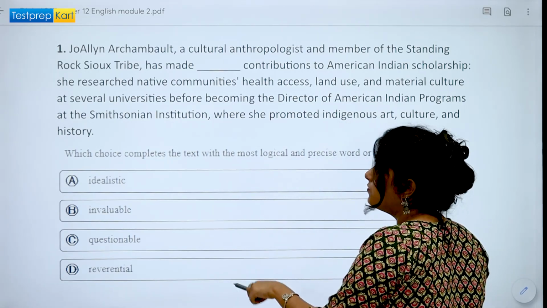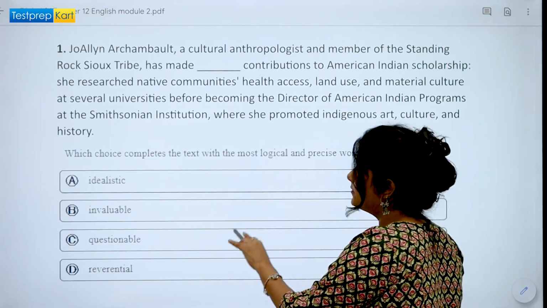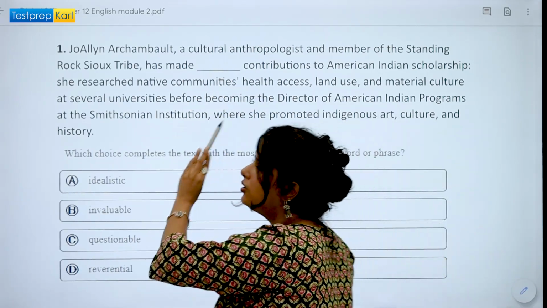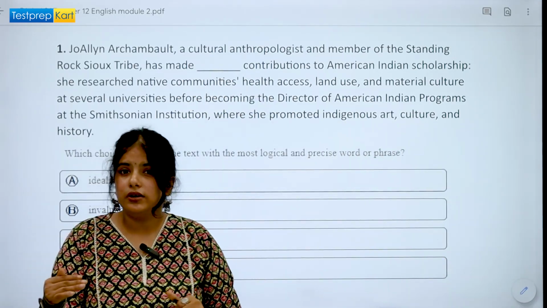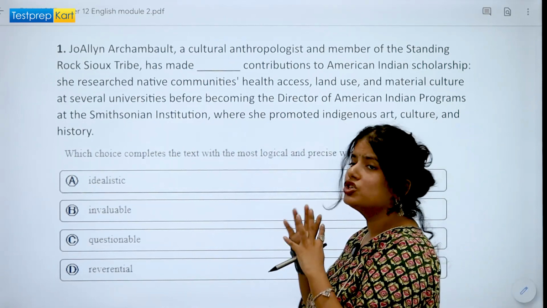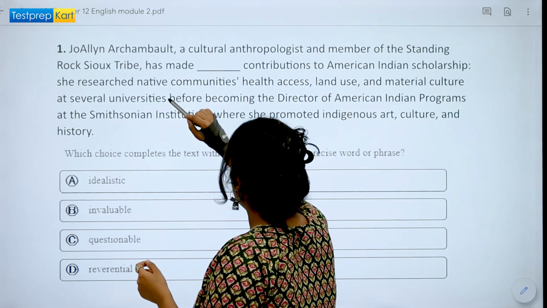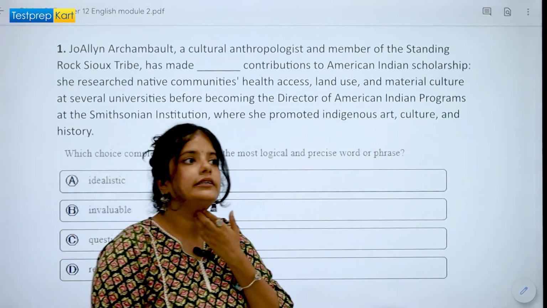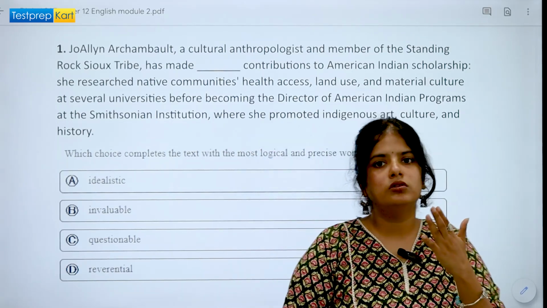So I will read the question first, read the options first, and then I will start by reading the paragraph, and I will start annotating that, okay, the question says this and the question asked this. So while you read the paragraph, you will understand what exactly the question needs, and you might be confused in 2 or 3 lines.